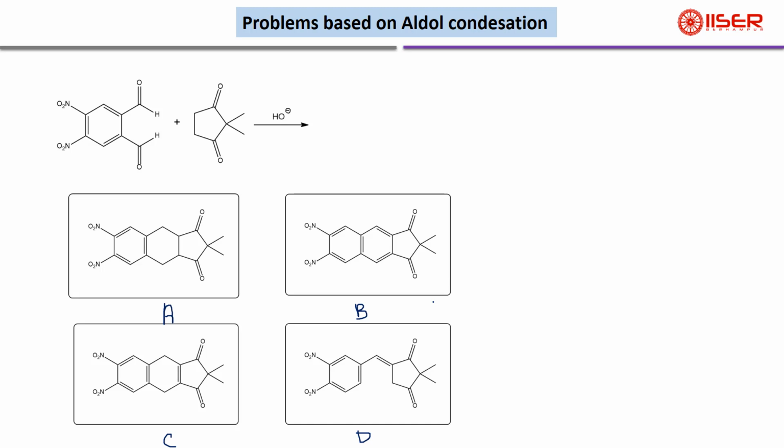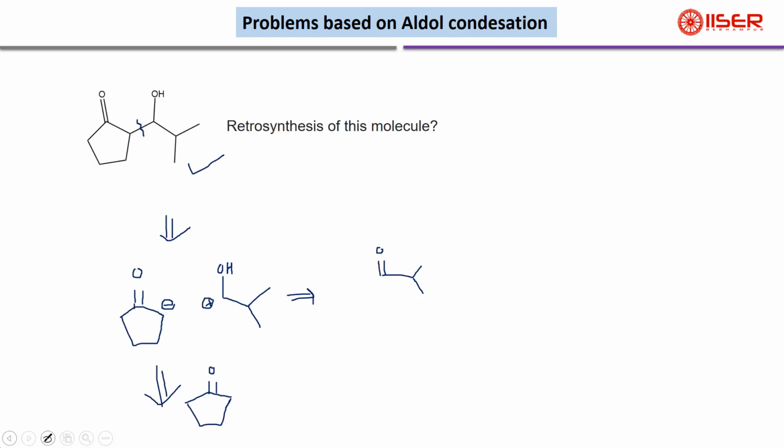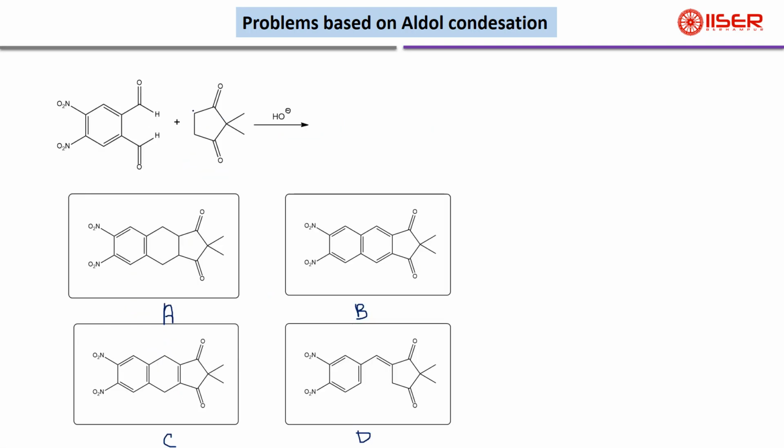So a simple aldol reaction will take place. There are two aldehyde centers, and in this case there are two ketones, so there are two alpha carbons. One is this one, another is this one. So we can take a proton from this place as well as this place,